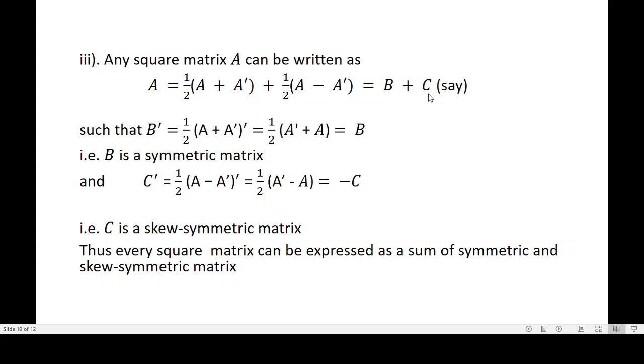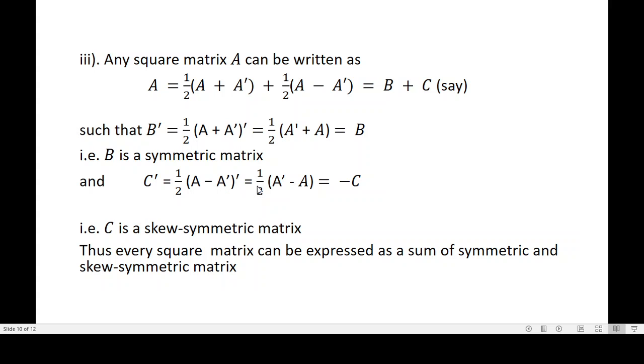Now, let us show that C is a skew symmetric matrix. Consider C. C is equal to half of A minus A dash. Find its transpose. C dash is equal to half of transpose of A minus A dash, which is equal to half into A transpose minus transpose of A transpose equal